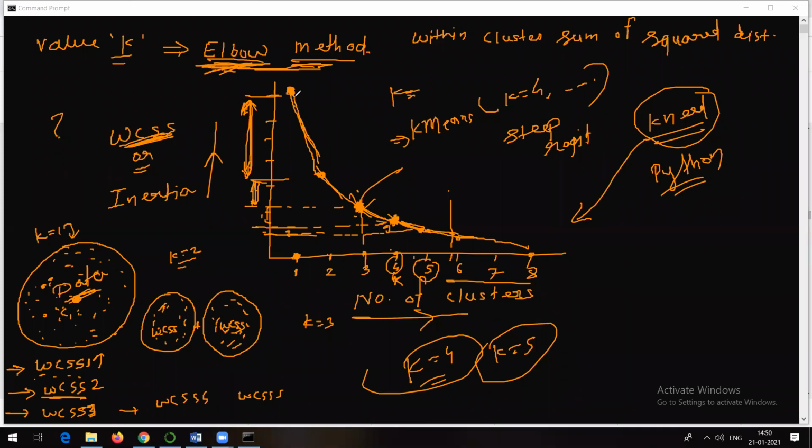So in this case, because of this diagram, it might not be looking that much clear, but I will show you the same diagram in the IPYNB file in the notes, and then you will be able to understand it more clearly. Right? So 6, 7 is also okay. I'm not saying that it is wrong, right? But just try to understand the change in the WCSS. After which point it is not that much rapid, maybe 3 or 4 or 5, right? That's how you can select.